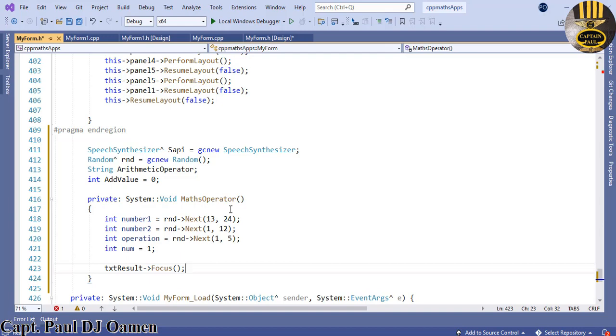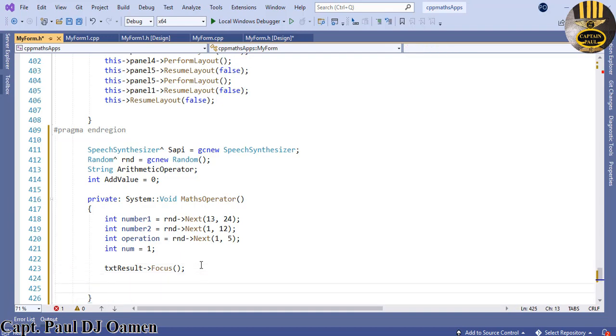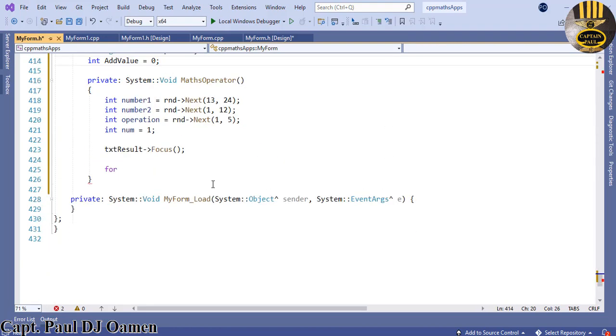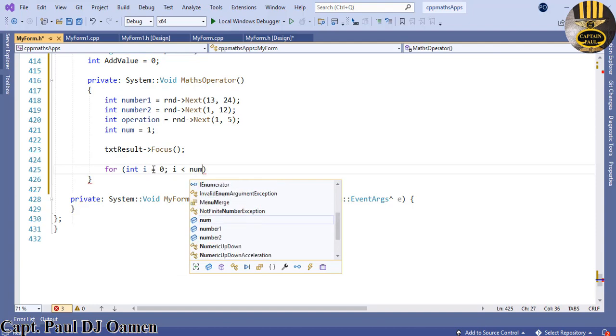Now let's use a for loop to take care of, let's say, the operator. So in here I'm going to say for, let's move this up, for int I equals the value of 0, and I is less than number, that is the variable up here,